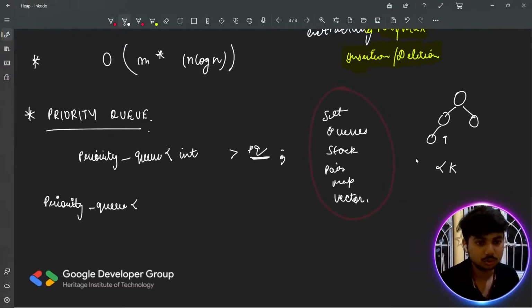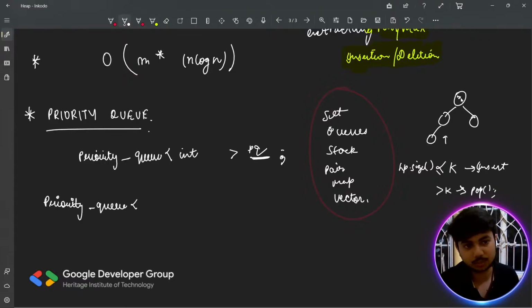सो यहाँ पे क्या लिख सकते हो? हीप का जो साइज है, hp डॉट साइज लिख रहे हो। अगर ये लेस देन k है तो you simply insert into the heap, but if this is more than k, you pop from the heap। और लास्ट में जो ऊपर में बचेगा, जो हमारा रूट एलिमेंट रहेगा, वही हमारा आंसर होगा। बट इसको डिफाइन करने के लिए, एक मिन हीप डिफाइन करने के लिए